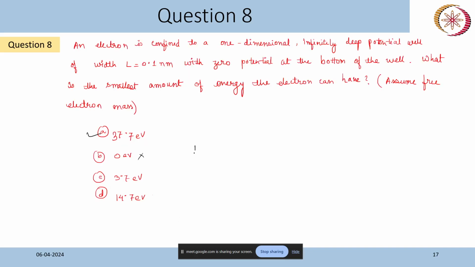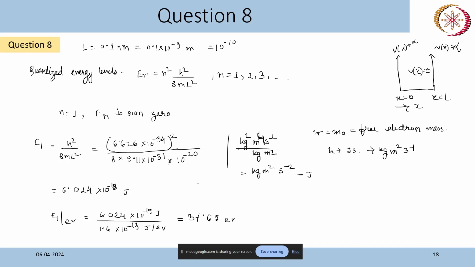So the answer here is A. Right? Now, what you can check is what the value will be if L is 1 nanometer. So let's do that also. For L equal to 1 nanometer, this is not given in the question, but I just want to do and check. So E1 will be 6.626 into 10 to the power minus 34 square divided by 8 into 9.11 into 10 to the power minus 31 into